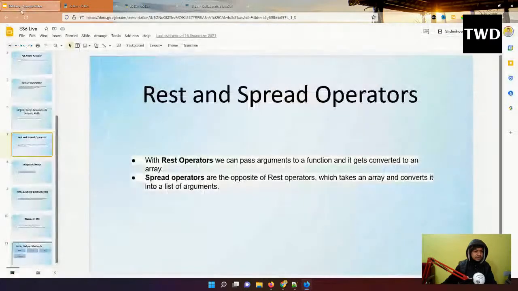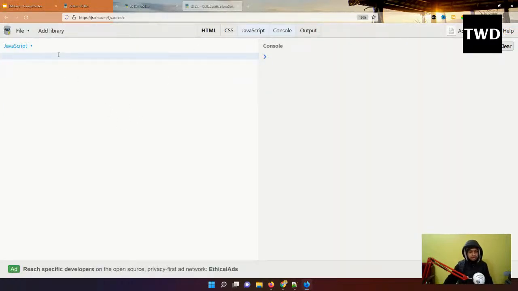So, spread operator, what is rest? First we will learn about the rest operator. With the rest operator, we can pass arguments to a function and they get converted to an array. Okay, so how it runs, we'll learn about it. Rest